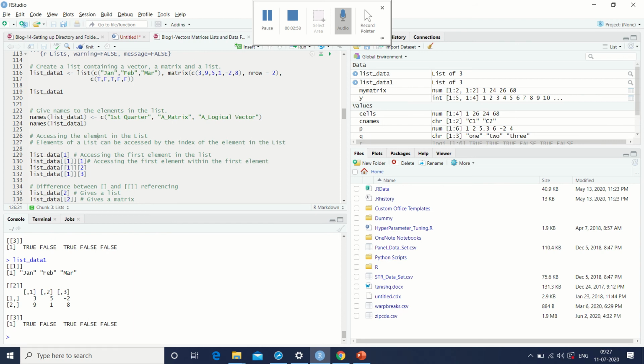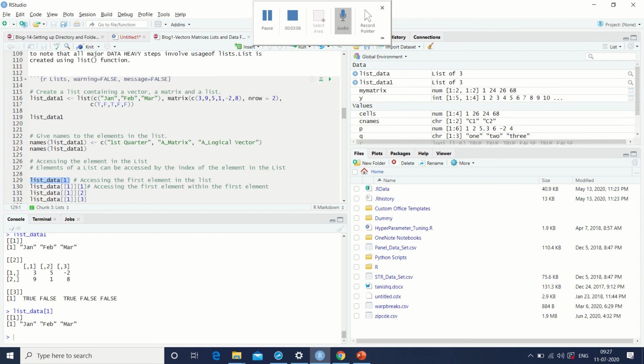However, if I type list_data and follow square braces indexing, I will get the first element, but this first element will be in the form of a list, which is indicated by double square braces. Now let's say I want to access January, Feb and March. What should I do? I should first come into the list and then use my normal vector indexing methodology that we discussed in the previous video.